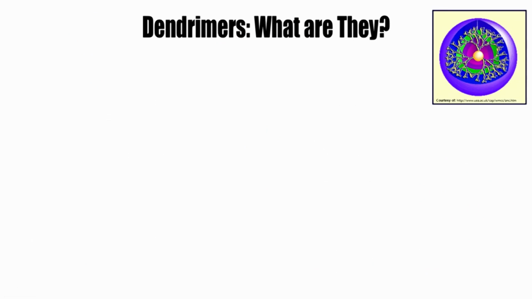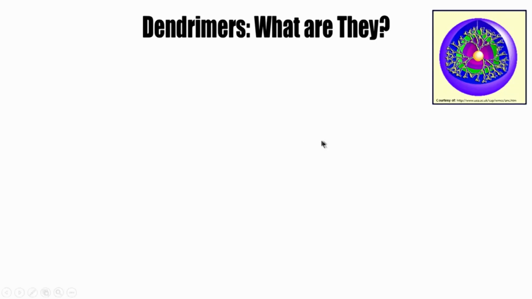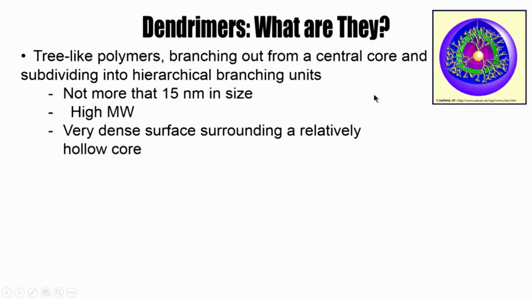Okay. So, these were all the particle synthesis methods which involved some sort of a emulsion based process or some other format. Next we are going to talk about another class of particles which is called dendrimers, and here is a cartoon of dendrimers. And so, what essentially they are is they are these tree like polymers which are branching out from a central core. So, you can have a central core, and then from there will be sort of hierarchical branching out, which